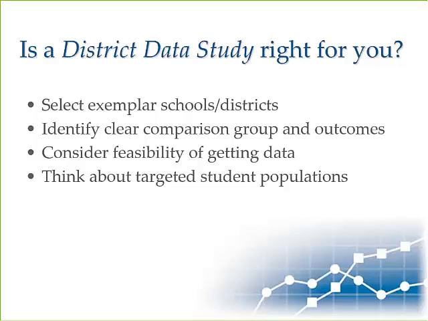You should also consider if your program is targeted towards special populations of students. For example, if your program is being used by all students in a school or a district who are below grade level in reading proficiency, we may not be able to identify an appropriate group of students to compare them to. Or if your program is geared for students in kindergarten through second grade, identifying an outcome measure might be difficult since those grades typically don't administer state or standardized tests. And if your program is targeted towards particular populations of students that tend to be highly mobile, it may be difficult to acquire the appropriate data and to track progress.